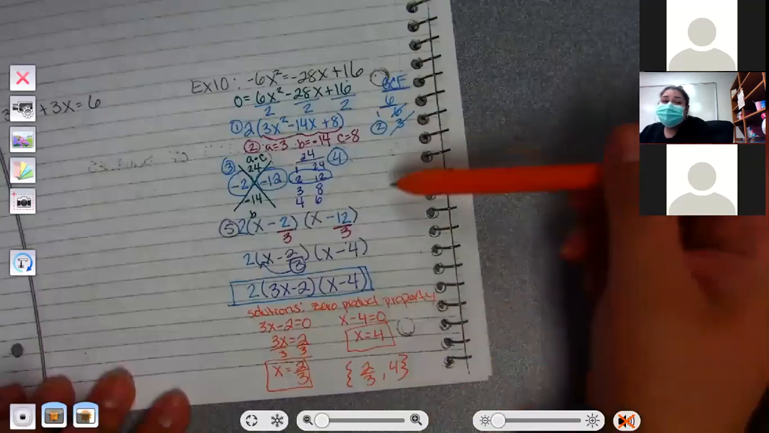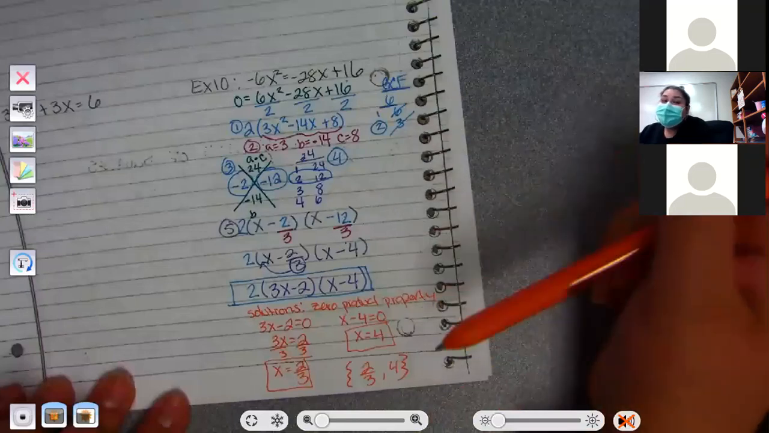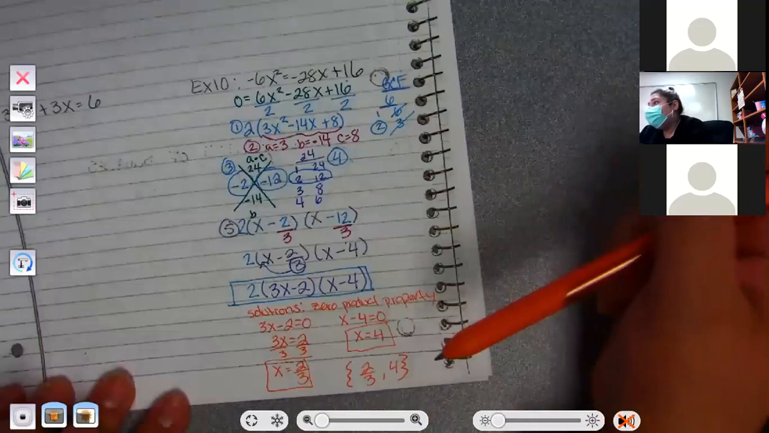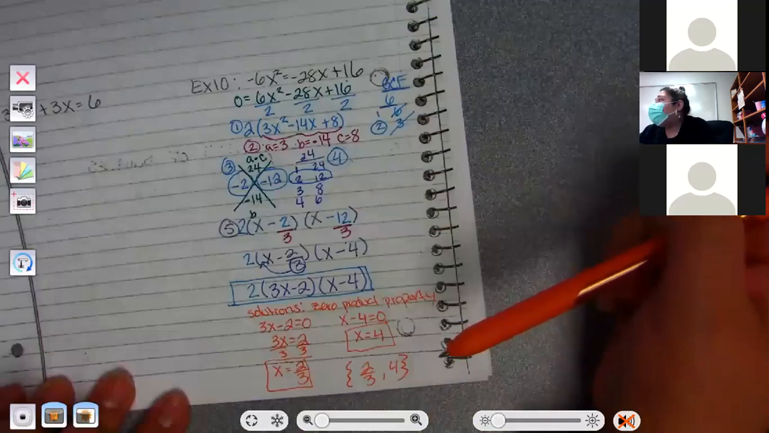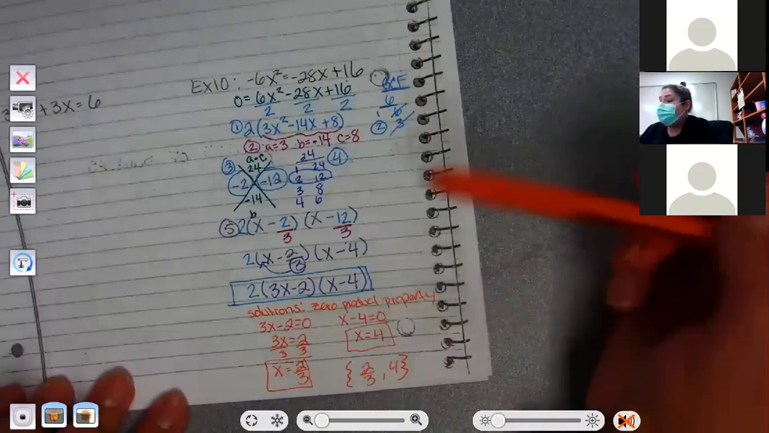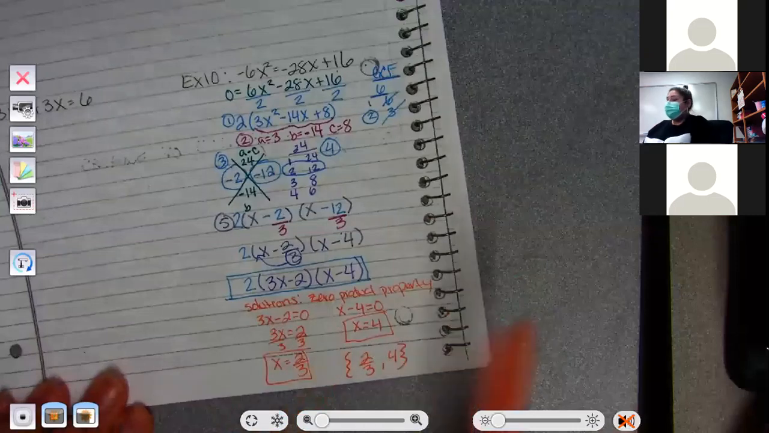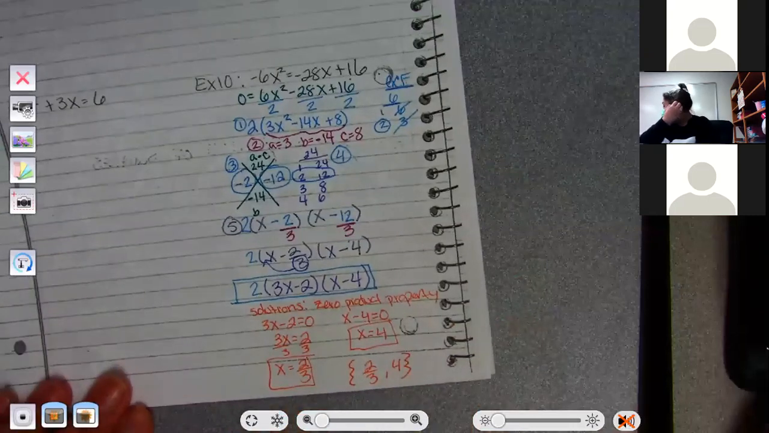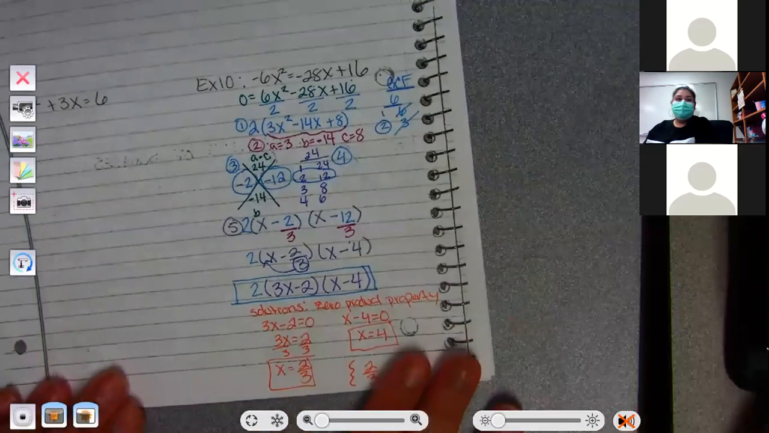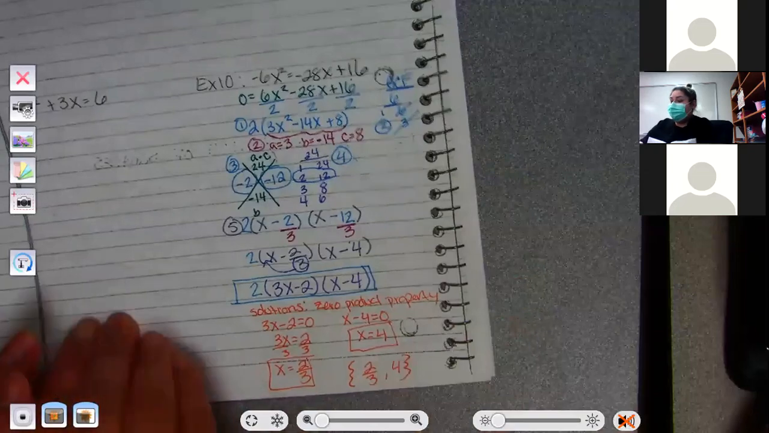So from example 10, now we're going to go to example 6. And we're going to do that one together, and then we're going to do an easier one, and then I'm going to have y'all start playing around with the other ones. Okay, so can I move on from this one? Do we got it? Okay, so